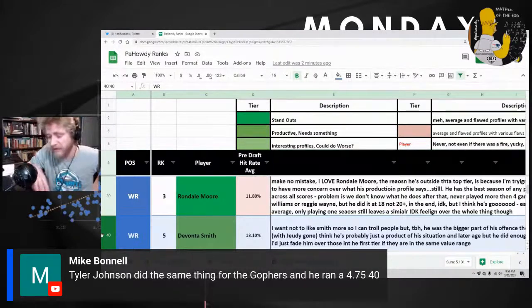It's the same with 40 time, and that's the same at the running back position, actually. Although every time you bring it up, people want to mention that Arian Foster was sick that day or whatever, but, you know, there's no accounting for who else is going to be sick, I guess. So it's not that it's not important, and it's not that I want to disrespect the narrative, and I get that it makes sense when you single out individual cases like this, but I don't have that eye. I don't have that narrative advantage, and so all I can do is look at the percentages and look at what has happened in the past.